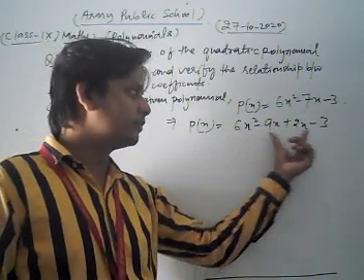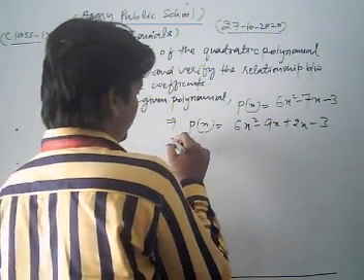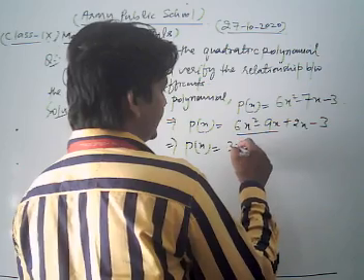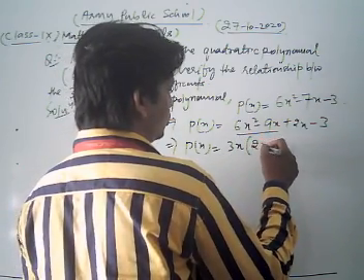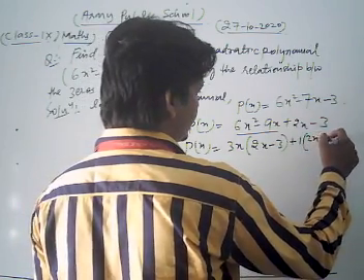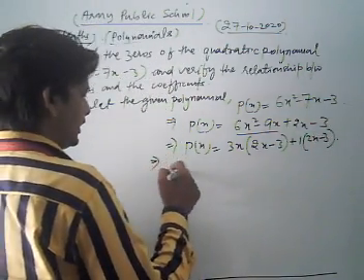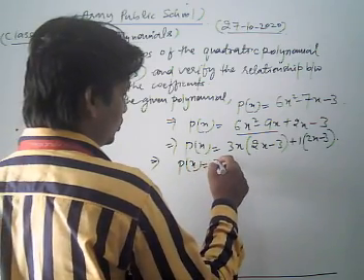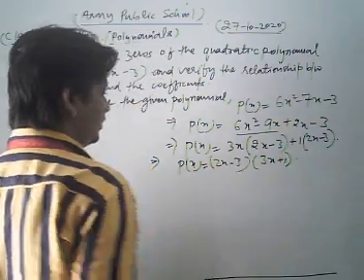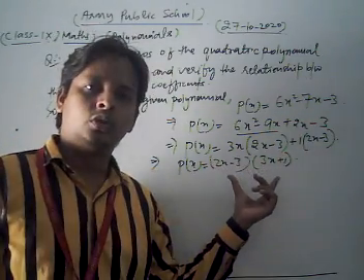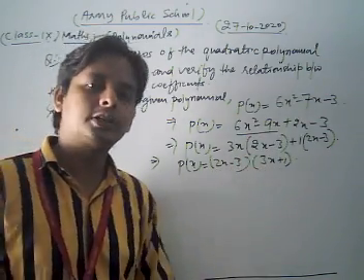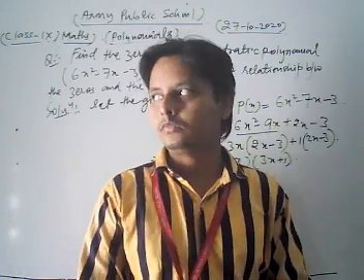Now we form the pairs. Look here, p(x) equal to, in the first pair we take 3x as common, so we get 3x times (2x minus 3), and minus 1 times (2x minus 3), so 1 is common. Now we get p(x) equal to (2x minus 3) in one bracket and (3x plus 1) in the other bracket. Now, dear student, we have factorized the given polynomial and we get 2x minus 3 and 3x plus 1 respectively.